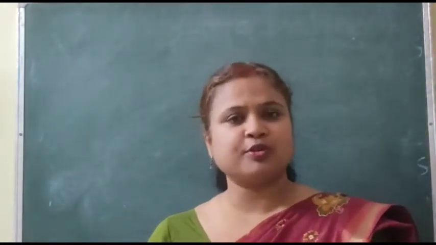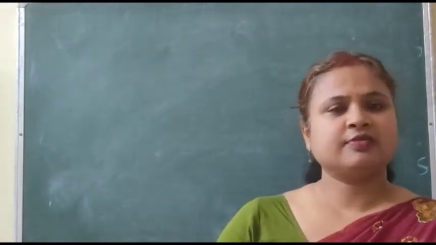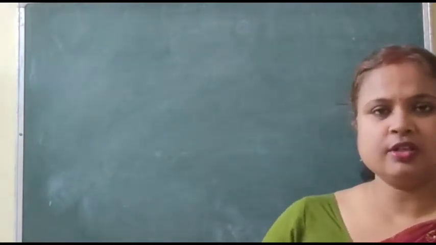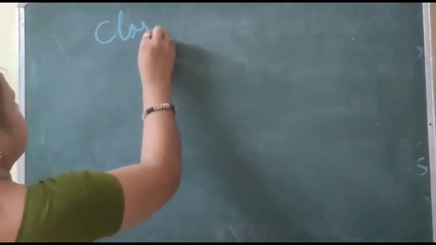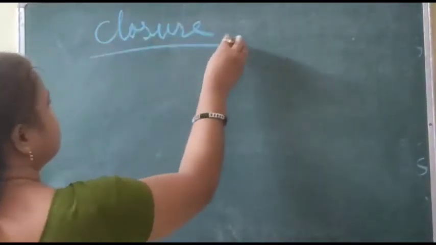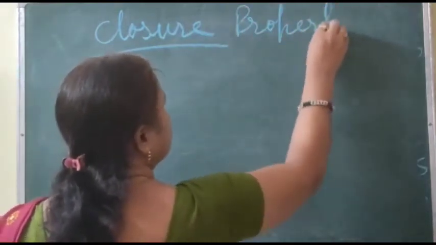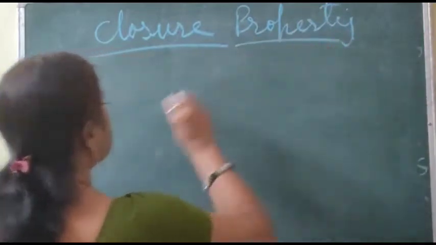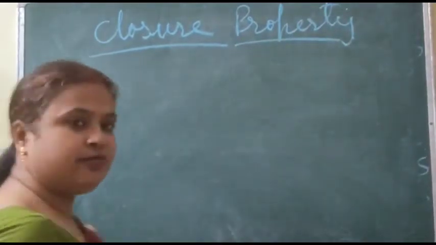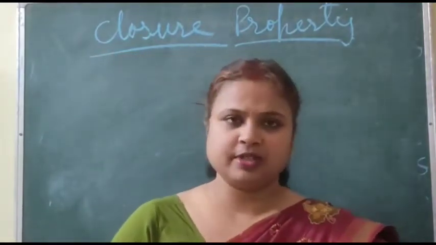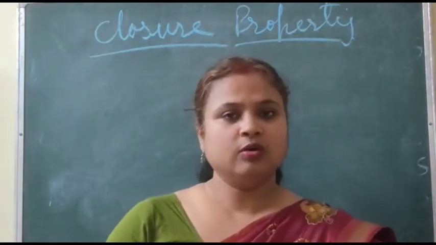We are going to discuss some properties of whole numbers for multiplication. Let's start with the first property, the closure property. I have discussed this for addition and subtraction, and now I am going to discuss it for multiplication. According to this property, if x and y are two whole numbers, then the answer will also be a whole number.